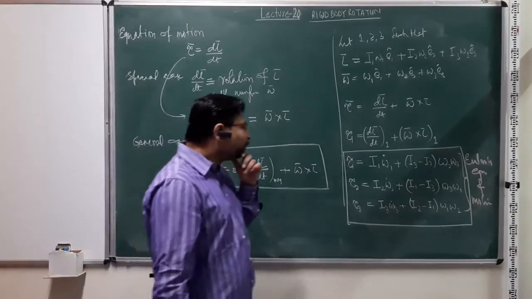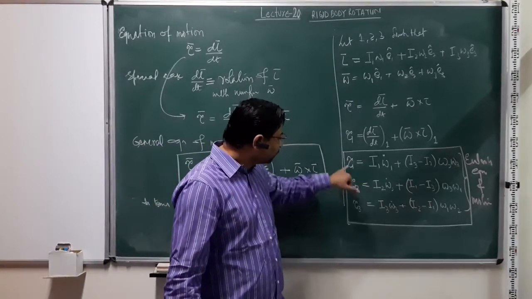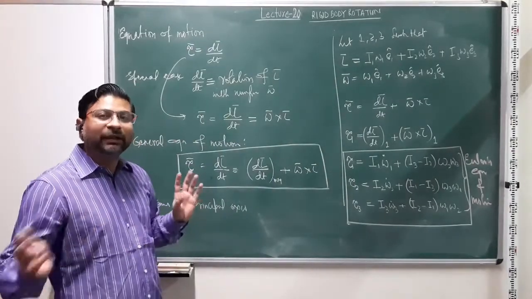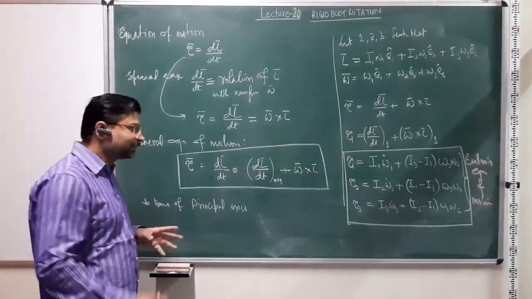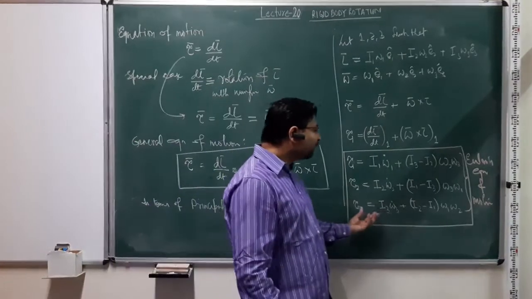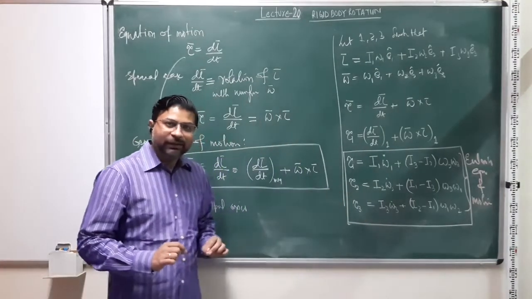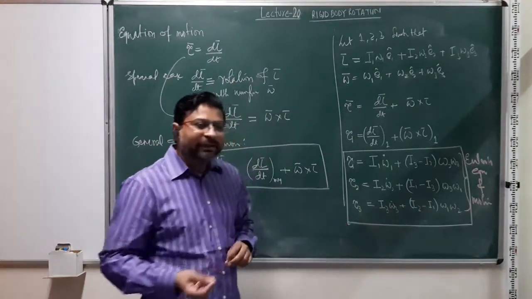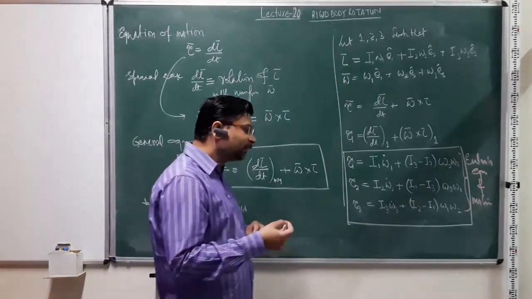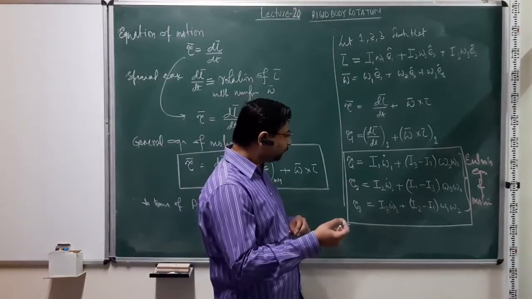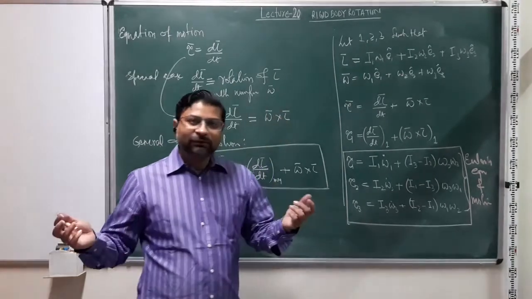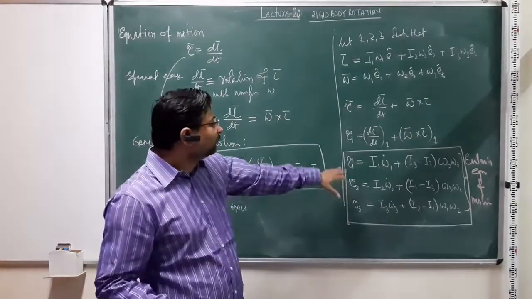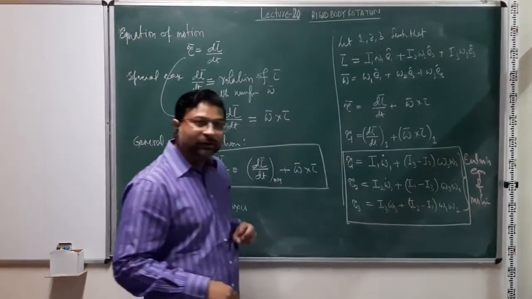And the important point to note down is the components of torque are defined along the principal axes, right? They are not defined in the lab frame, they are defined in the principal axes, and that way they give us the instantaneous torque at any given time t, right? And at that instant we can always propose that the xyz coordinates of the lab frame, or the initial frame, match with the 1 to 3 principal axes of the system.